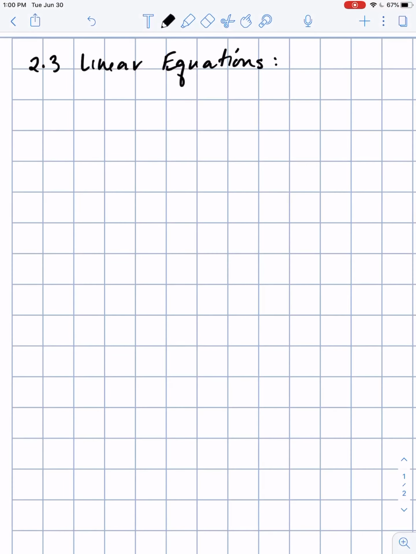Alright guys, so 2-3 is going to be linear equations. Now a linear equation is a first order differential equation in the form